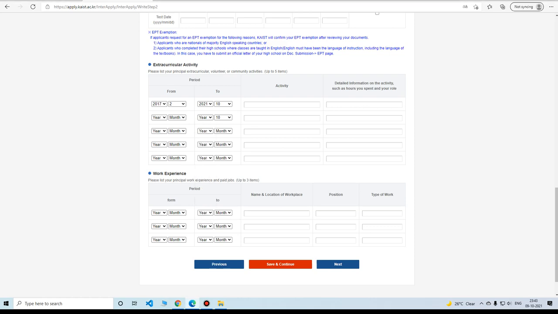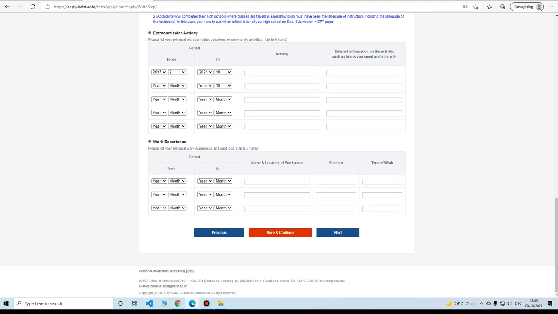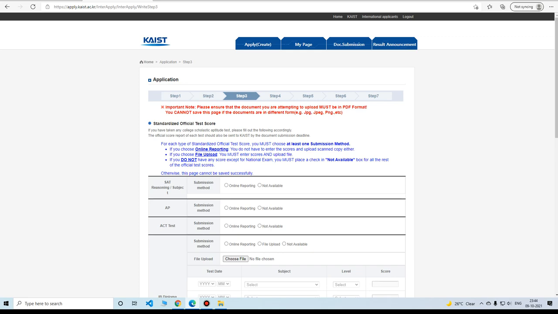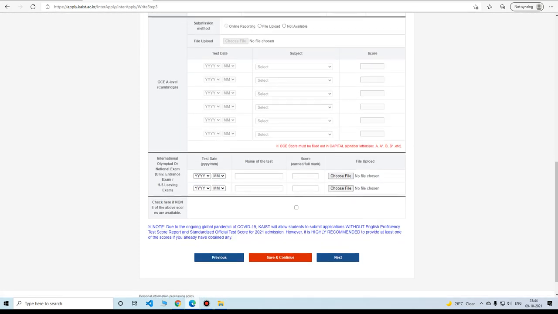So include all of your extracurricular activities, make sure they are somewhat relevant at least, and if you have some internships or work experience, in high school or maybe later, you should include that. I think this would probably make you stand out, because a lot of students tend to focus mostly on their curricular activities and do not tend to gain industrial experience. So after this, just click save and continue. I'll click next because I'd probably have to fill up some stuff, and I really don't want to fill in fake stuff.